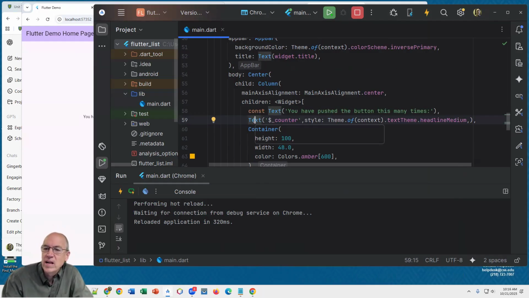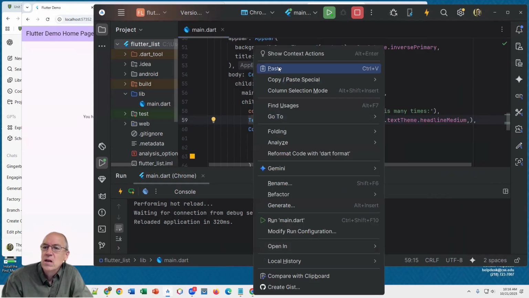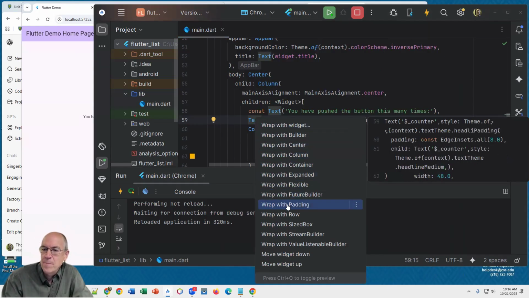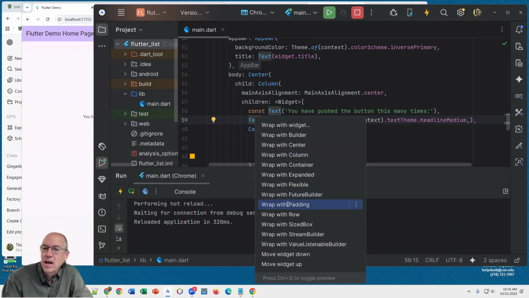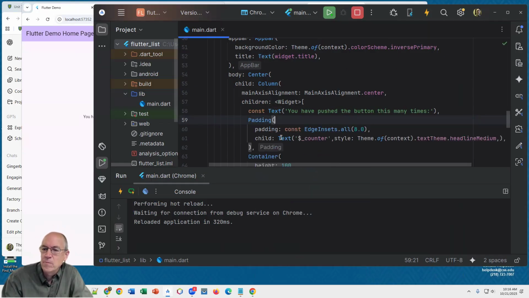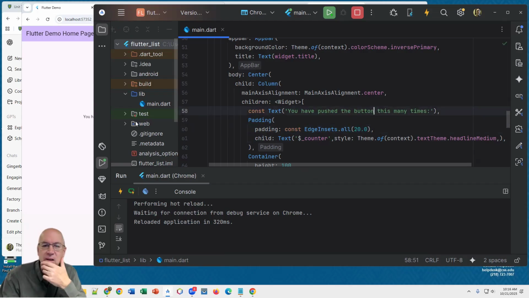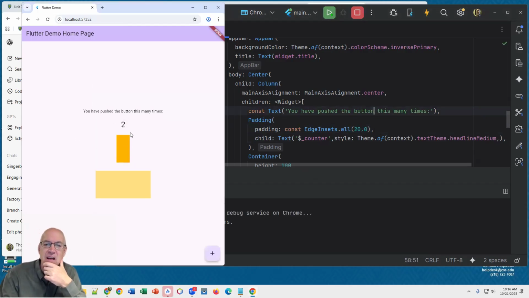So I can actually right click on it and choose show context actions. And there's a wrap with padding. And it'll wrap this widget, stick that widget in as the child and put a padding around it. And then I can put in some amount here. I can increase this to make it more obvious. And then it'll put padding around that